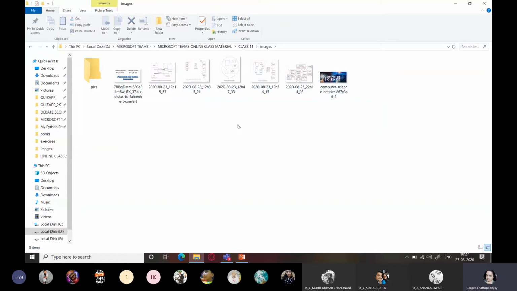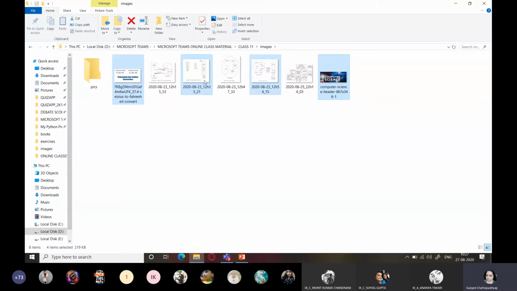Otherwise, what you can do is click the first one, keep the shift key pressed, click the last one. All of them will be selected. Now, suppose you don't want to select all of them. You want to select the first one, third one, fifth one, and so on. So keep the control key pressed on your keyboard. Select the first one, then the non-adjacent files. So control key, if you press it, it allows you to select non-adjacent files.